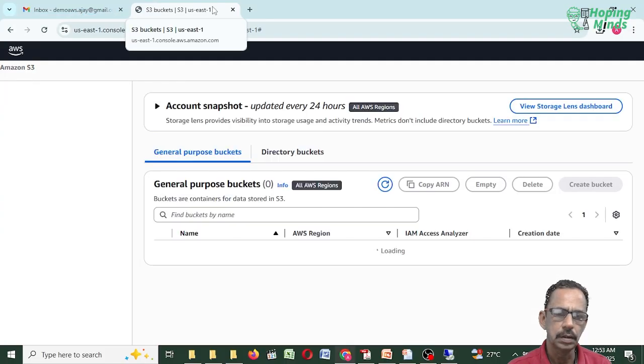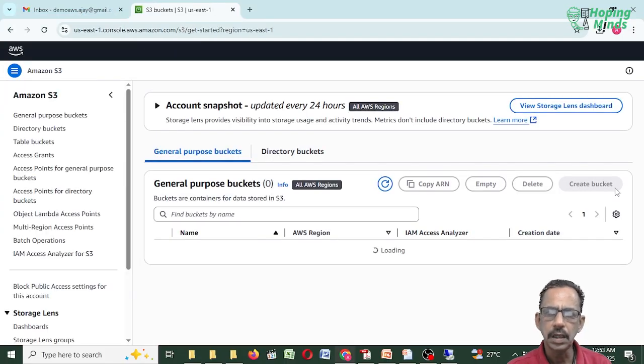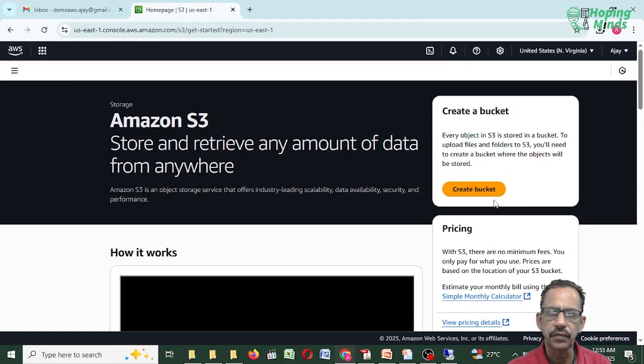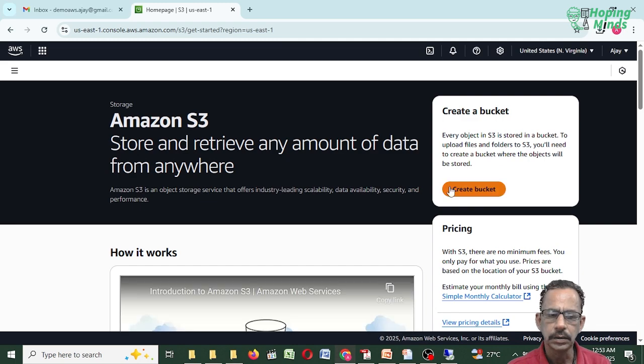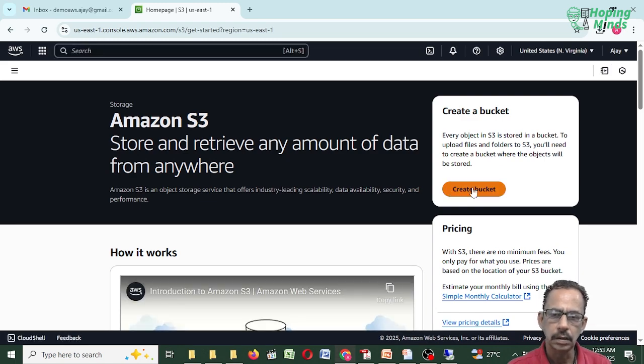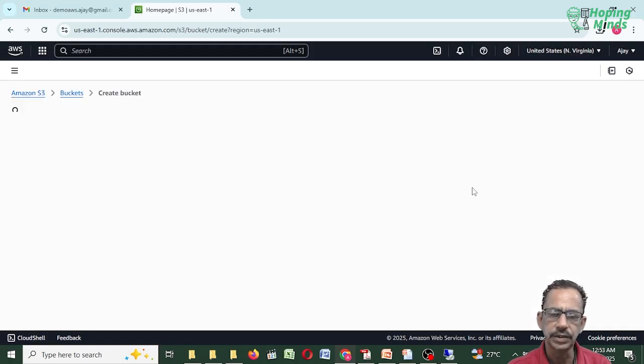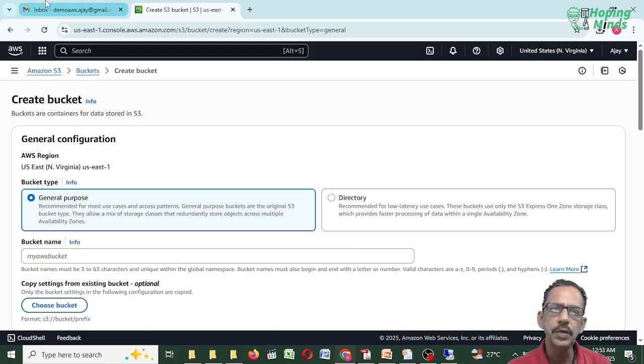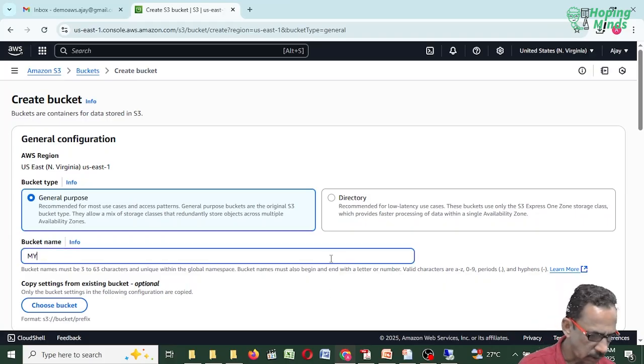So when we go to the storage management console, look, here is the word bucket you are finding. Create a bucket within a big storage, like a file or folder. So create bucket. In this way you can provision it. It's a general purpose or a directory. Give a bucket name. This bucket name should be globally unique. If I write here my test